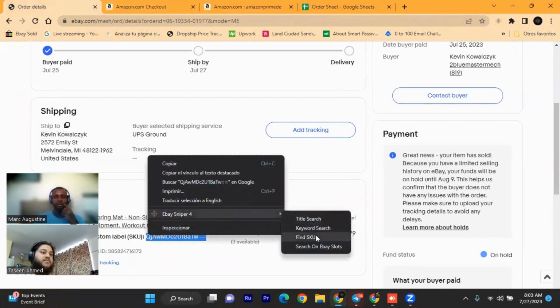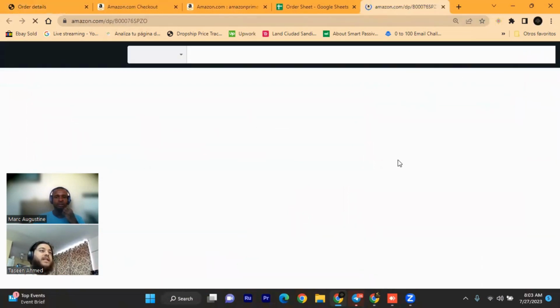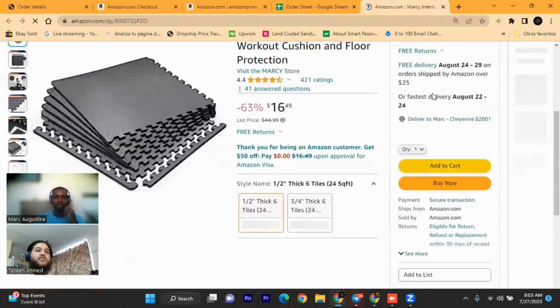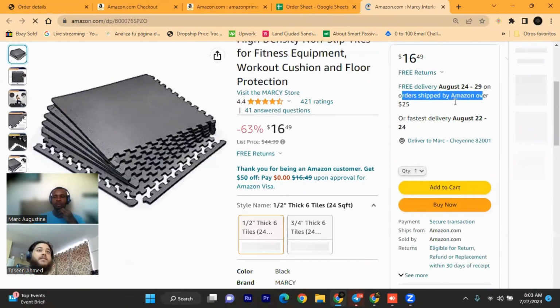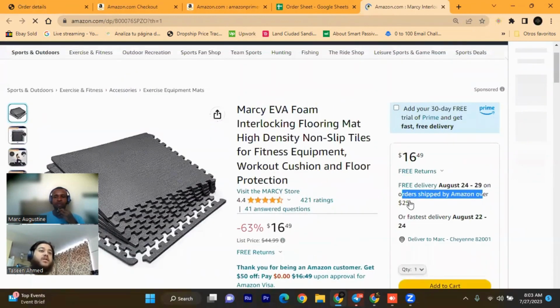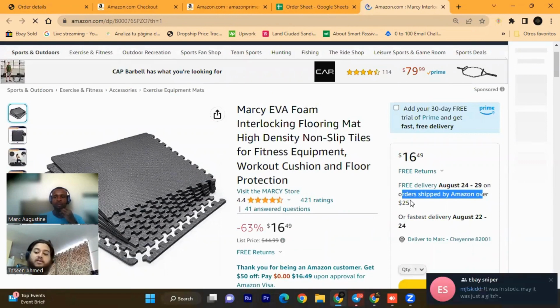You go ahead and press find SKU, and then anything that's stored in Amazon's warehouse, right? You can see over here it says free delivery August 24 and 29 on order shipped by Amazon over $25. But so basically Amazon ships anything for free that's over $25, but they take around 7 days for that order fulfillment to go ahead,